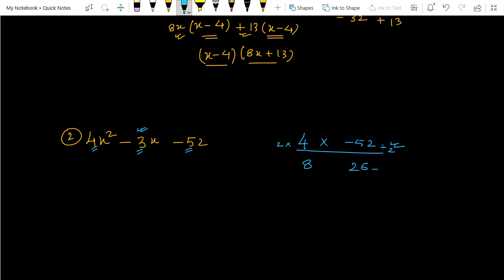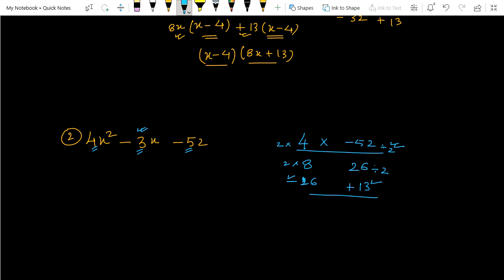So again we will proceed. We are going to divide this 26 by 2 and multiply this 8 by 2. So definitely this should be 13 and this should be 16. This is the new pair, and ultimately by 16 and 13 it is possible to create -3. How is it possible? If we put a minus sign in front of 16 and a plus sign in front of 13.